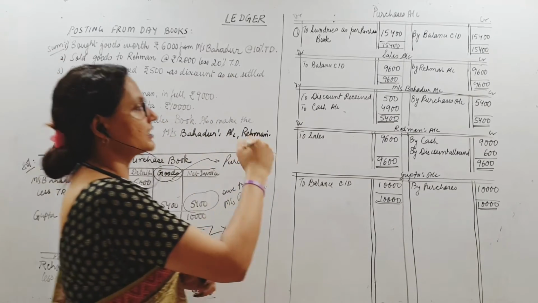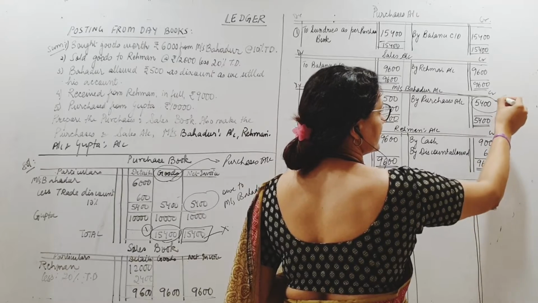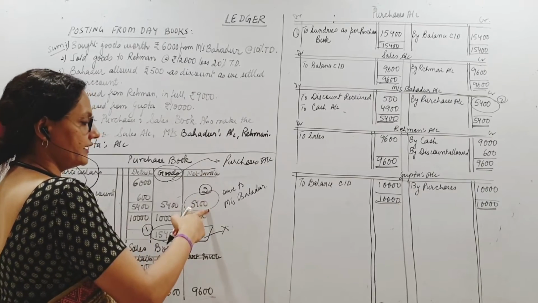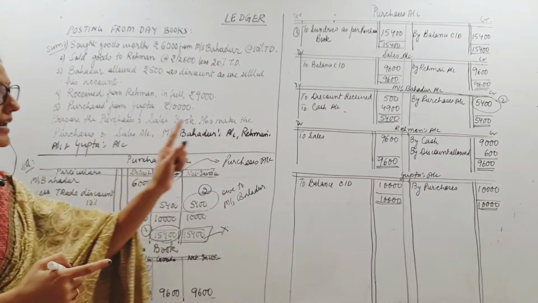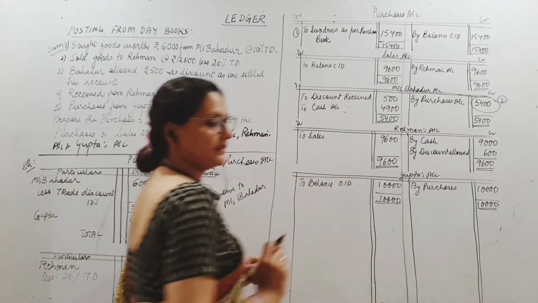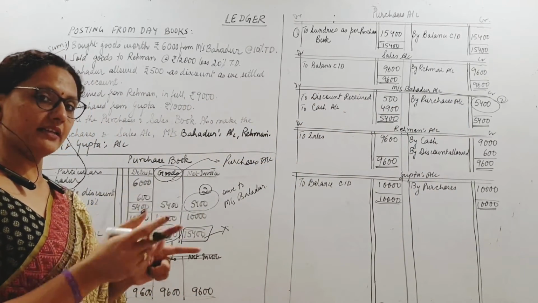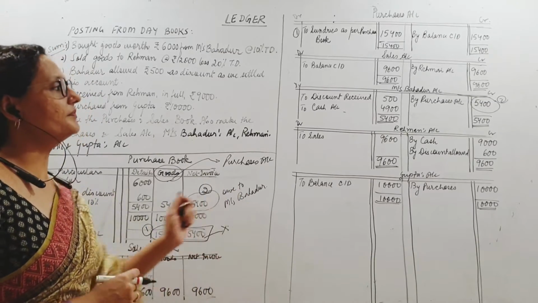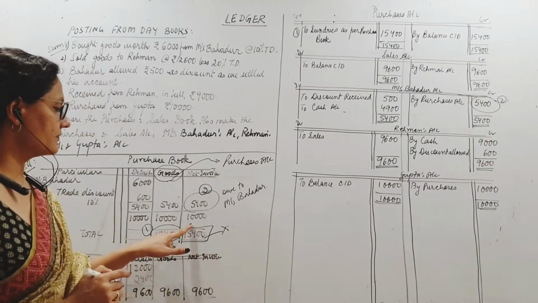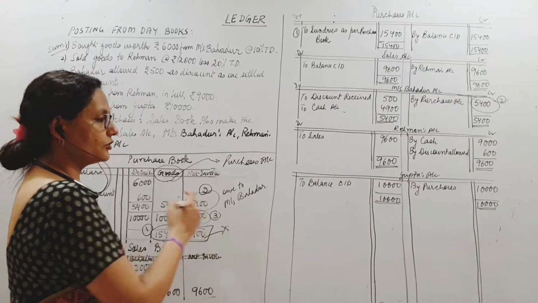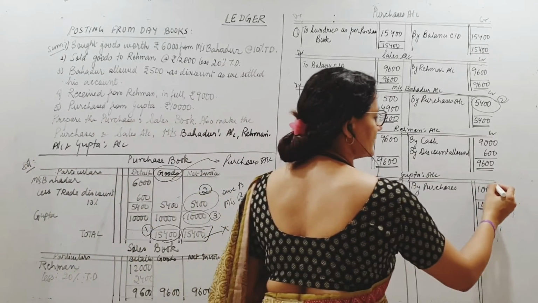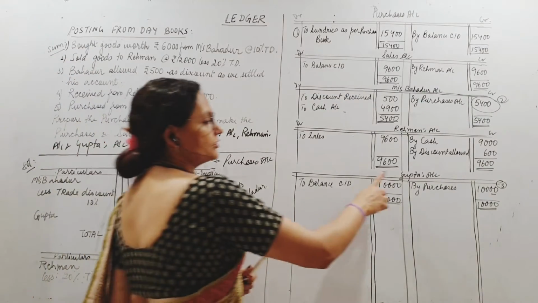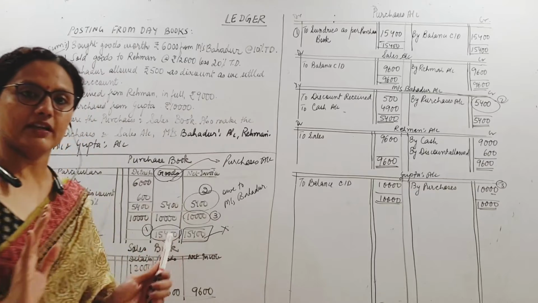So here Mr. Bahadur's account will be credited with this amount. So this is number 2. I have taken this amount that I put in the net invoice column against Mr. Bahadur and put it in his account, and I write "by purchases." I am crediting because he is my creditor, a liability. Then the third amount will go to Mr. Gupta's account. So I post it to Gupta's account here. So this is the third amount. Mr. Gupta is a creditor with 10,000, and that is clear.